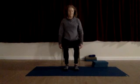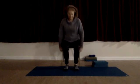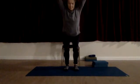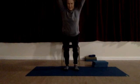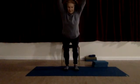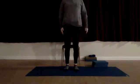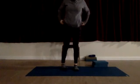Coming back down. And then back up again, chair pose. Belly drawn in. 3 breaths. Sink a bit lower if you can. Great. And then exhale to standing. Okay, so we're up now. So we're going to do our standing